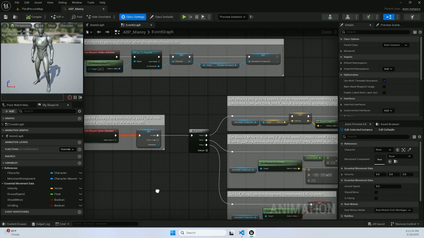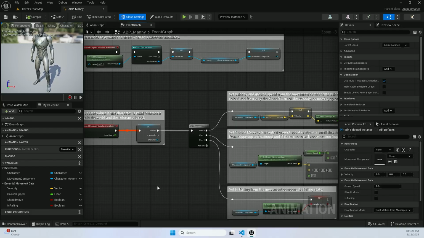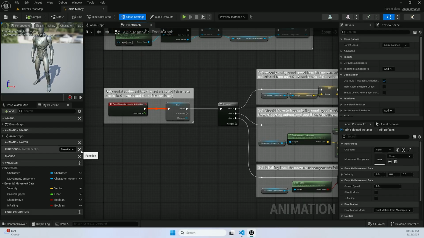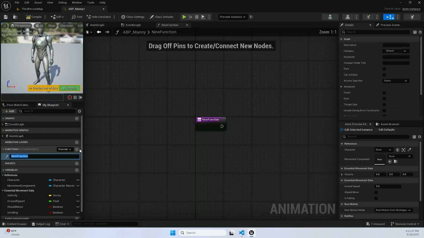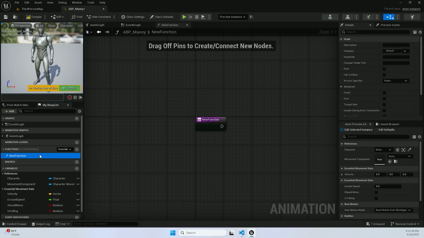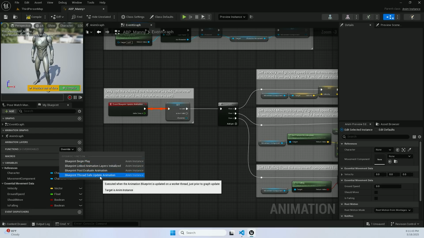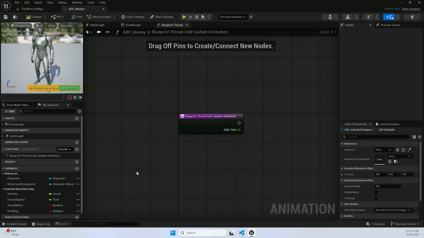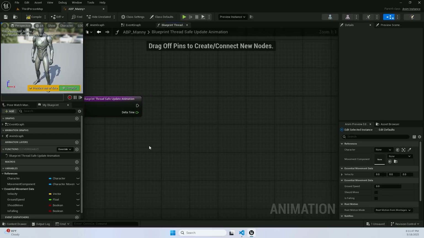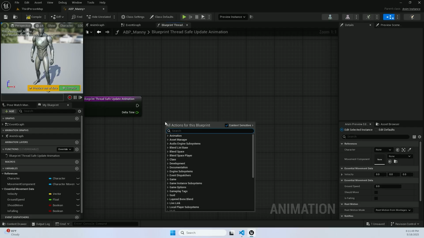So what we're going to do is replace these with a base class that is actually going to do this in C++. Now, what I'm going to show you can be done here in the functions override. If you look here, there's the thread safe update anims. And within this, then you can do the property